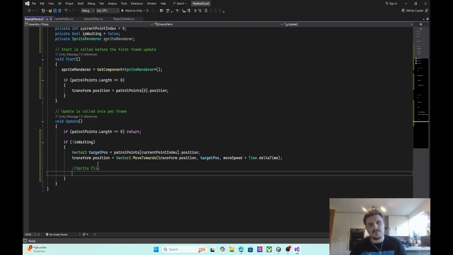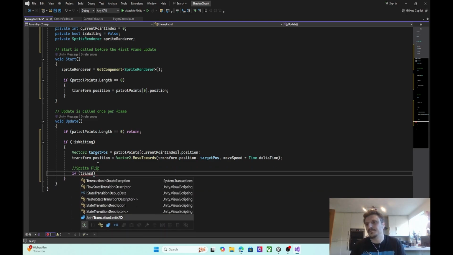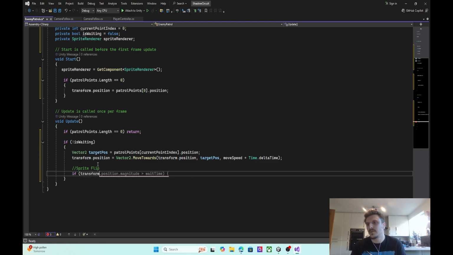So if transform position of x, not magnitude, not in 3D. That's what I'd do if it was 3D. It'd be less than our target position of x. That's true. We would then say